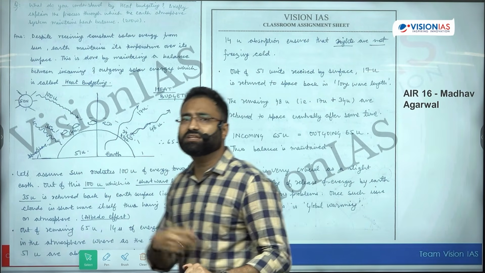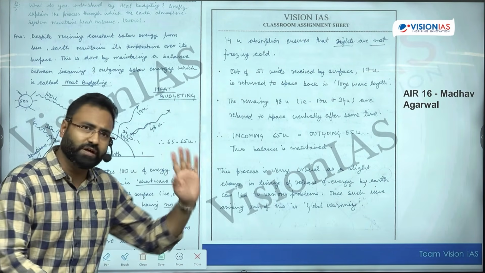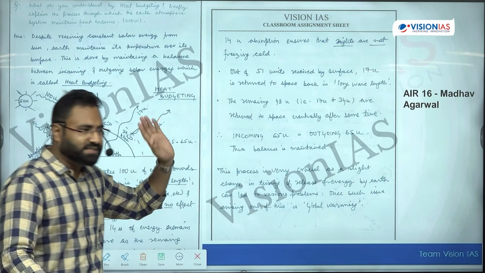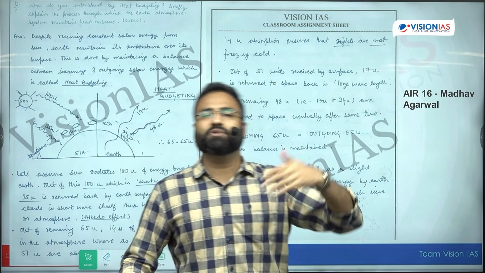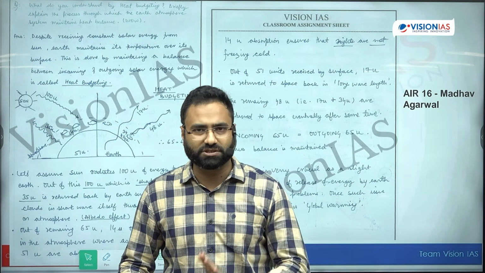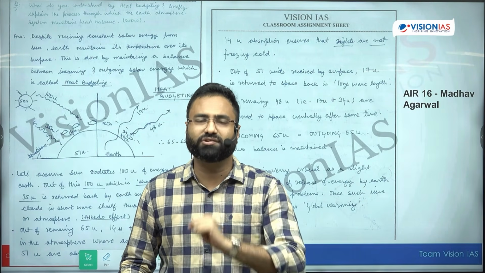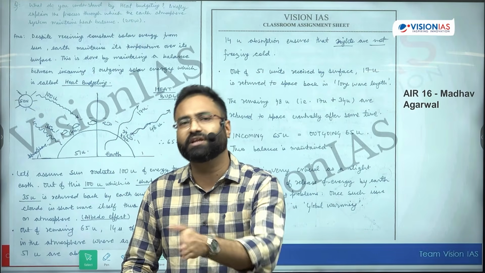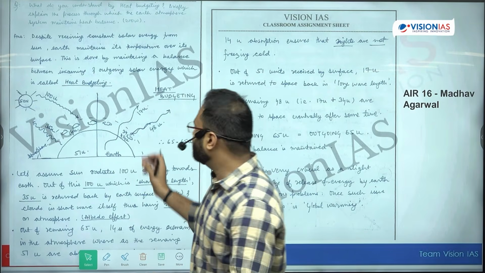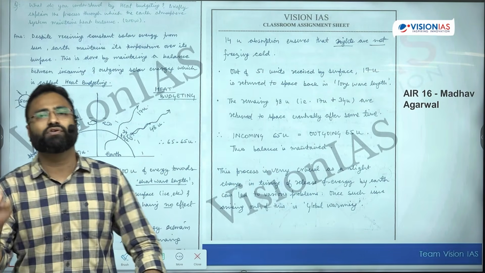Even if there is a diagram, there is a need to explain the process, and all of them are doing this. It is not that we have written something and are assuming that the examiner must know all these things. No. Even if you are making certain graphs, you are explaining them. Even if you are making a diagram, at least you are labeling and explaining it briefly. If you are making a flowchart, you are giving some context to it.